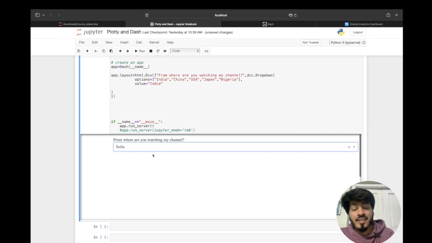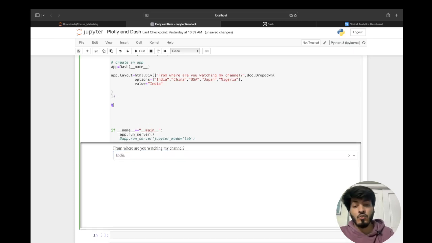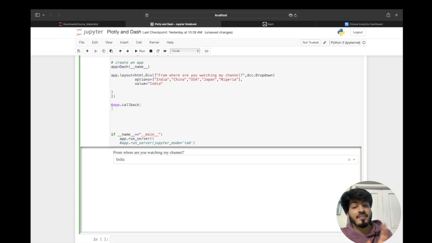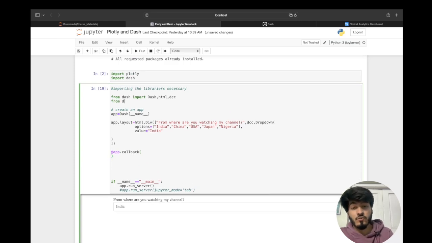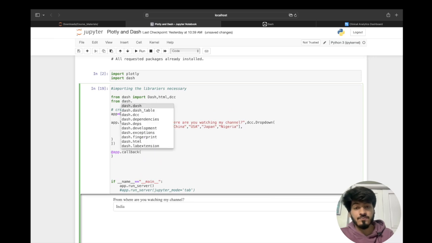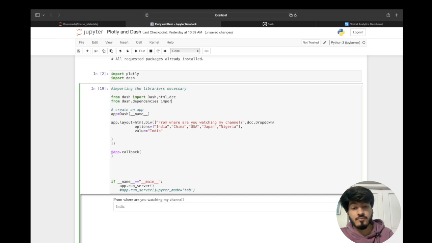So now we will just see how to wire this up. I told you we have to create a callback function for wiring it up, right? So what I can do is app dot callback. In the callback function, there are two arguments, that is input and output. For creating input and output, we have to import them, which we have not imported. So from the dash dot dependencies library, we'll be importing